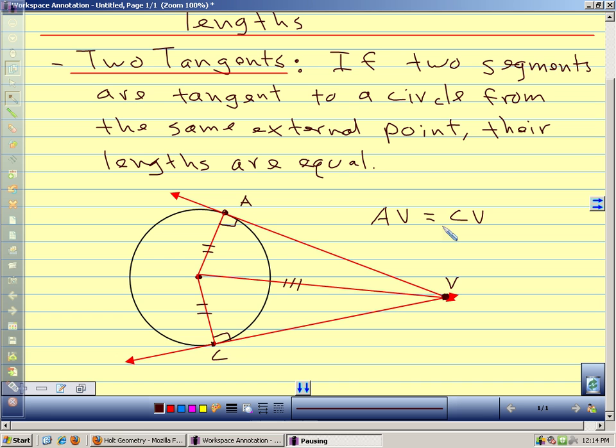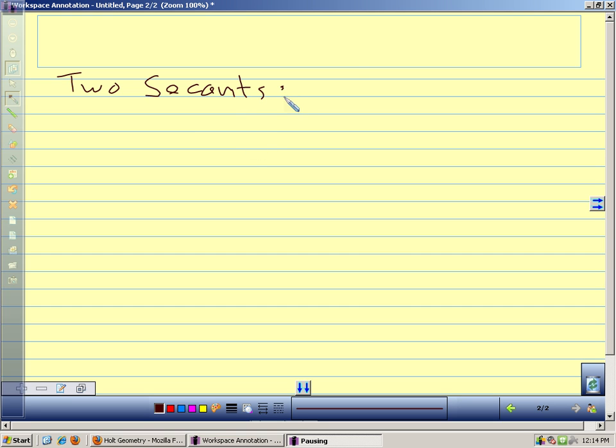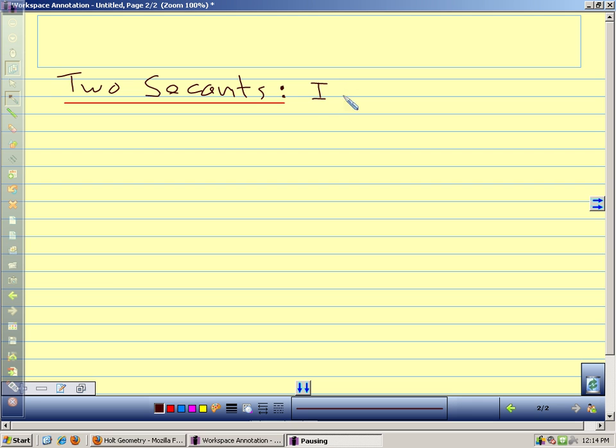Our second rule is for two secants. So let's go to that rule. So our rule for two secants tells us, this one's a little longer, if two secants intersect outside the circle, the product